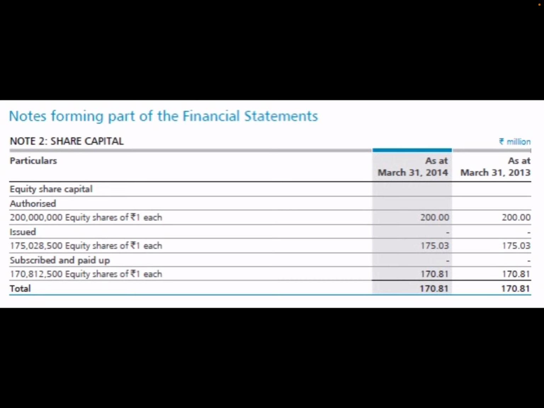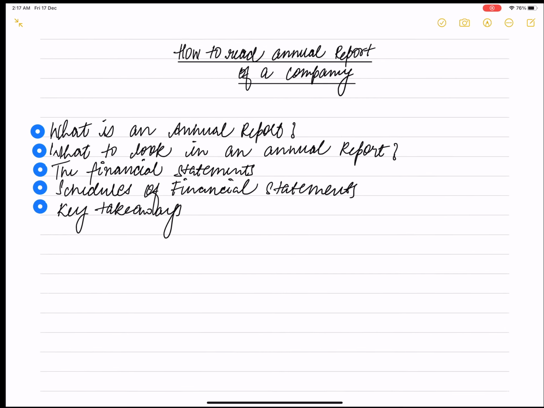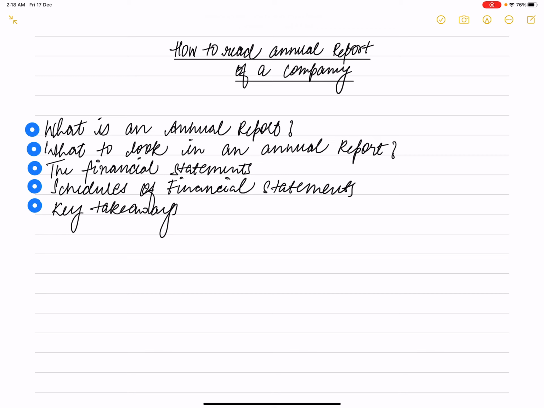But for now, remember the main financial statement gives you the summary and the associated schedules give the details about each line item. So, the key takeaways from this video are: the annual report of a company is an official